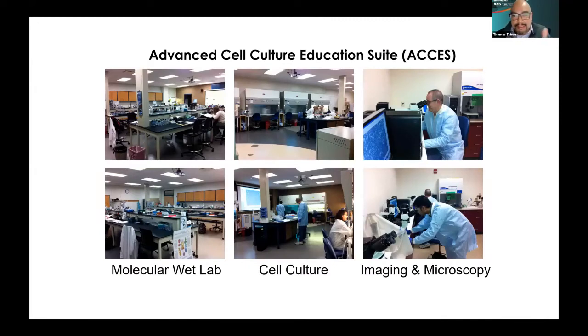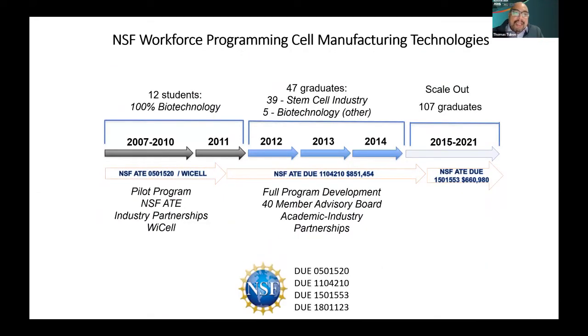So this is just a little bit of an overview of our working facilities, and we try to emulate that laboratory space that is oftentimes kind of the black box of what happens in industry. So a lot of our industry skills, knowledge, and abilities go into this mix, and so many countless conversations with our industry partners. This is just a timeline to give you a sense that I just presented a picture here